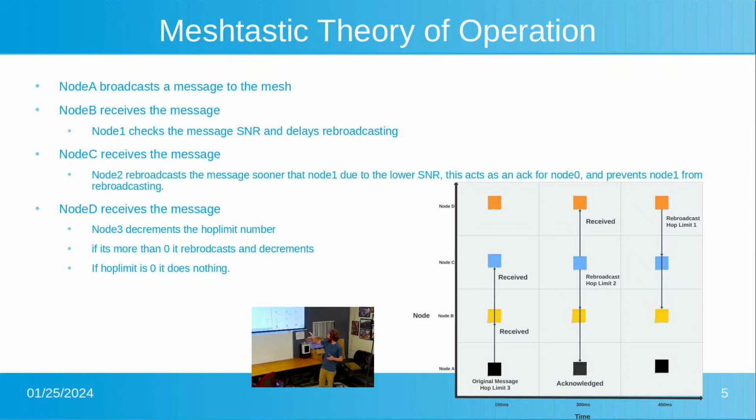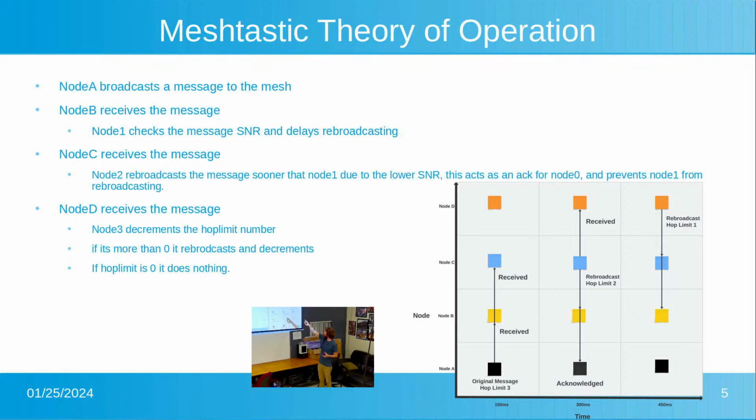And the way Meshtastic handles that is you have node A will send a message, and it'll have a hop limit similar to TCP/IP, where you've got a hop limit. So hop limit of 3, so it'll send this message up to 3 times. That message is able to reach B and C directly. So message is received, and